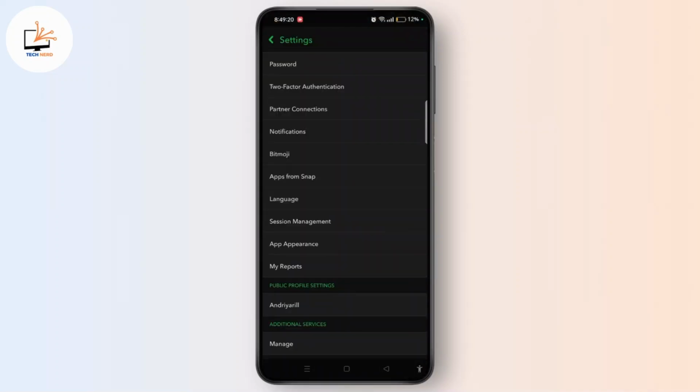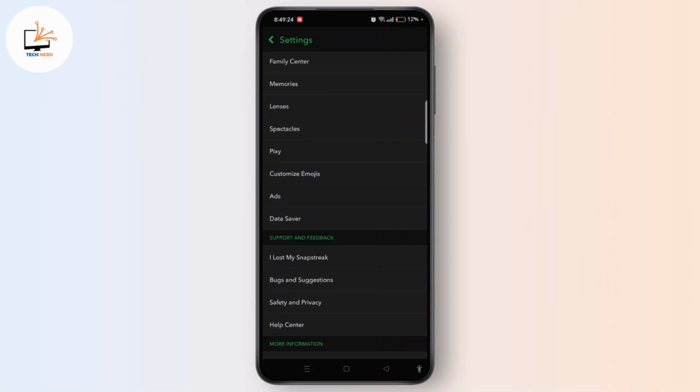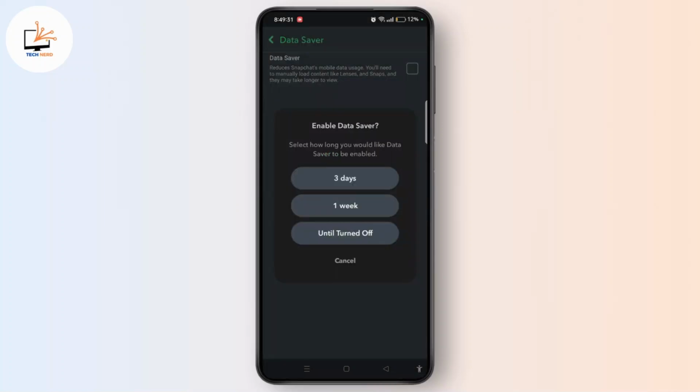On settings section, scroll down and proceed towards data saver. Check mark the box next to data saver. Now you have to select how long you want to enable the data saver,